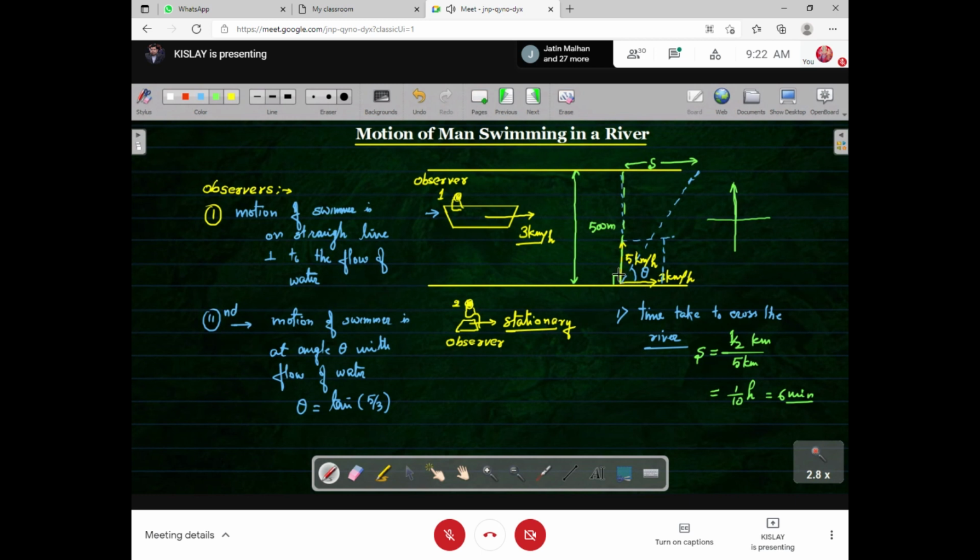So if someone wants to cross the river, it means he has to take the speed of 5 km per hour only. Because in this direction its speed is only this. So I have taken 5 km per hour, the speed and distance 1/2, and then it is 1/10 hours, that means 6 minutes. Is it clear, bete? Yes, sir.